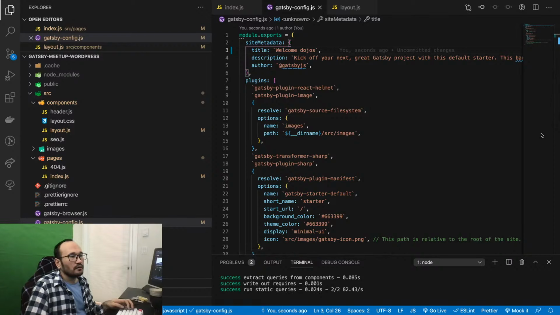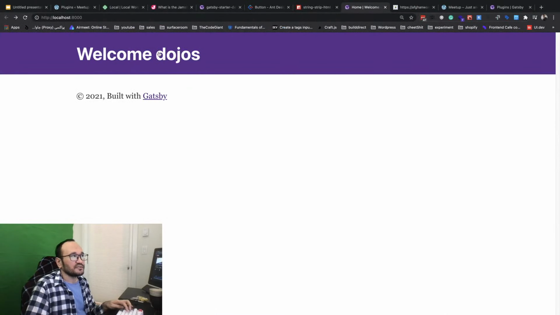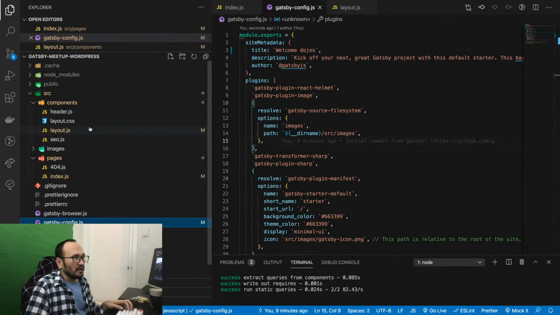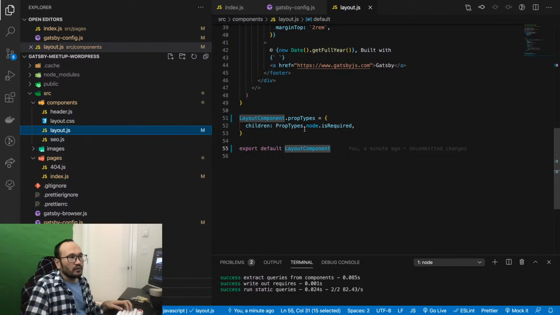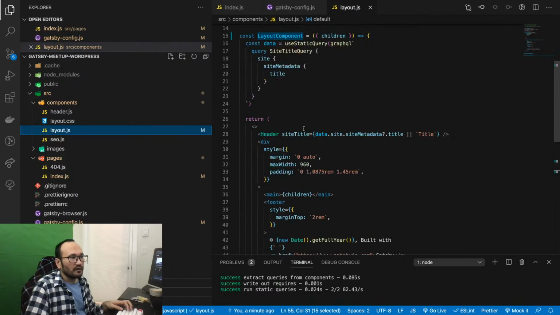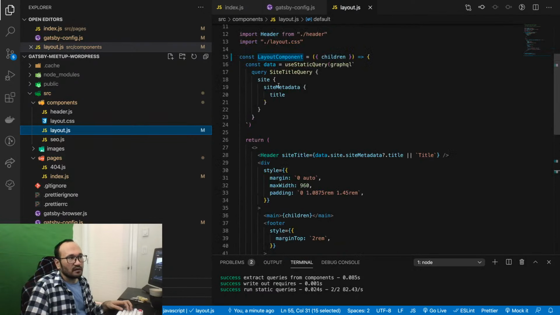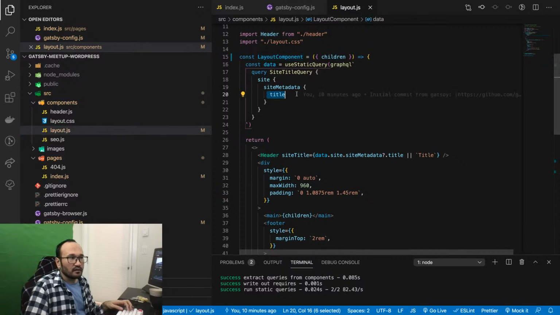And now if I just go here, you see the config, the title is loaded. Why? Because in the layout we coded that, and we're getting it from the site metadata, and then we're getting it from our GraphQL.